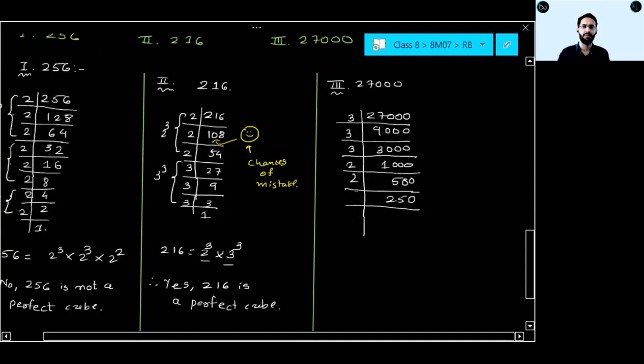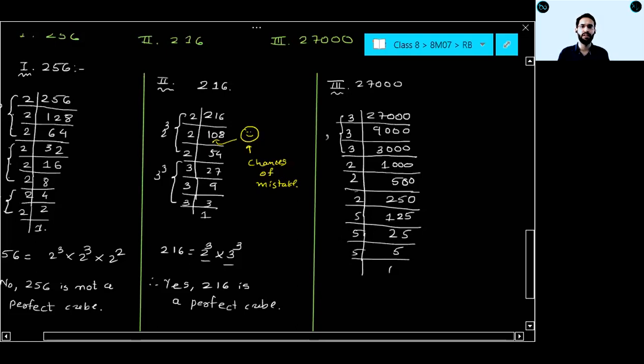Next. Sir, 2 1s are 2. 2 2s are 4. 2 5s are 10. Yes, 125. Next. Sir, 5 2s are 10. 5 5s are 25. Next. 5 5s are 25, sir. Next. 5 ones are 5, sir. Yes, very good.